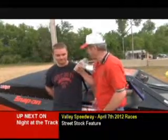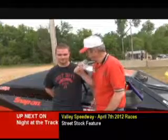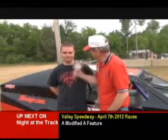So, are there any secrets to running this track? I mean, like you say, you've run it for quite a while, even before IMCA came in here. Are there any secrets to win on this track? It's a lot different than running Heartland Park or whatever. That's pretty much a stop and go track. This one's pretty much to the floor and